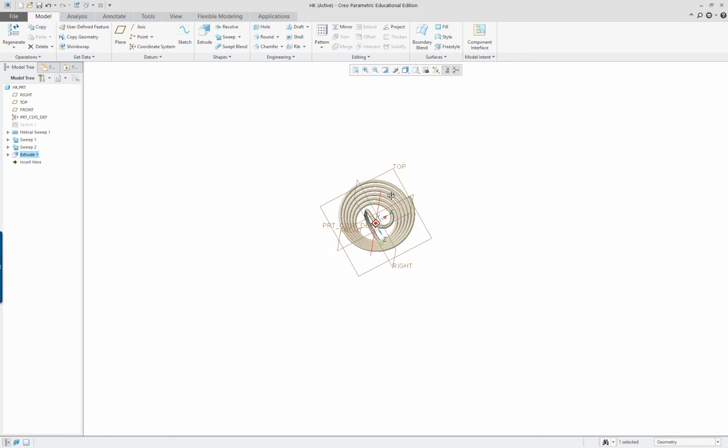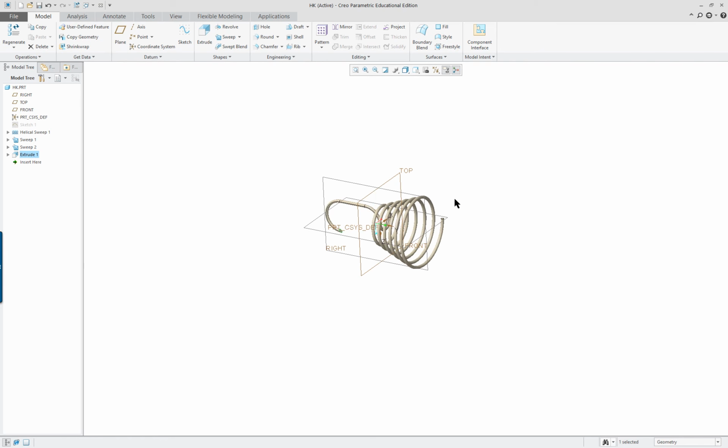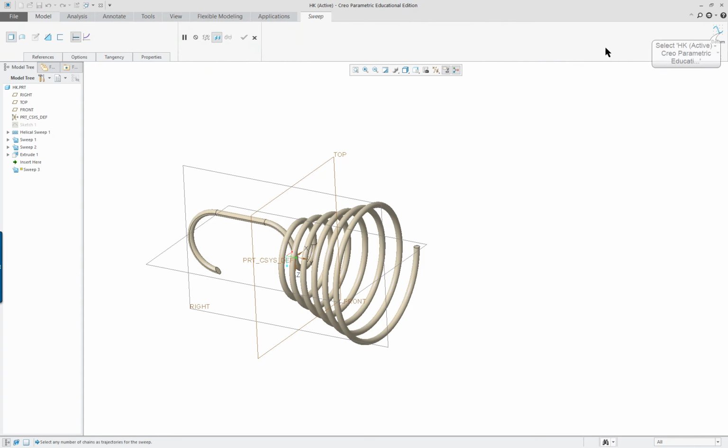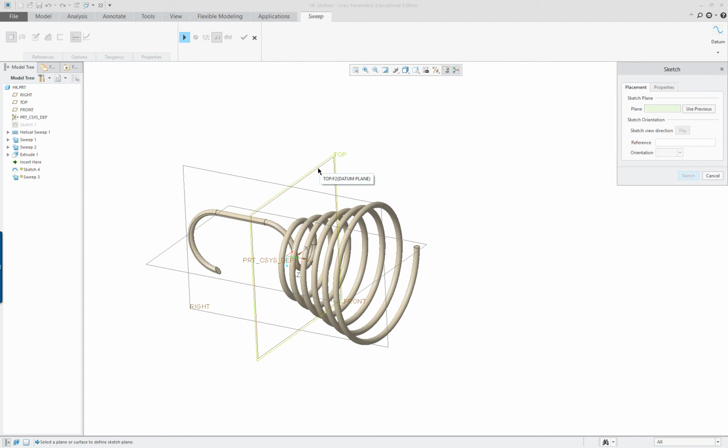Now we've got the other side. We're going to do something very similar, almost exact. So we're going to go and click on sweep. We're going to go and get our sketch going. And we're going to sketch on the same datum plane. People say, well, wait, don't I have to offset a datum plane over here? No, you don't. Actually, the trajectory is just showing the direction it's moving in. So you can put your section or select a section anywhere and it'll move in accordance with that trajectory plane. So we've selected this here, sketch,